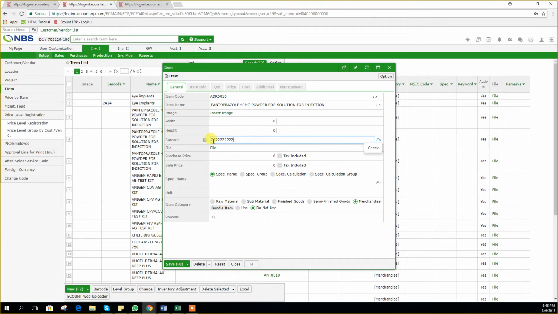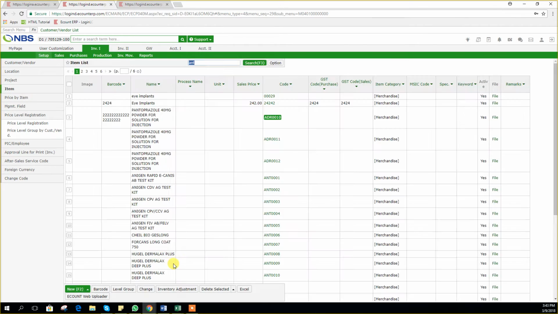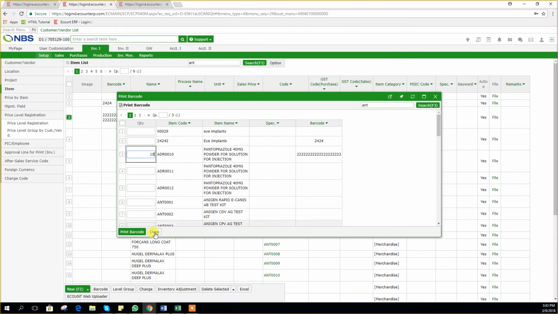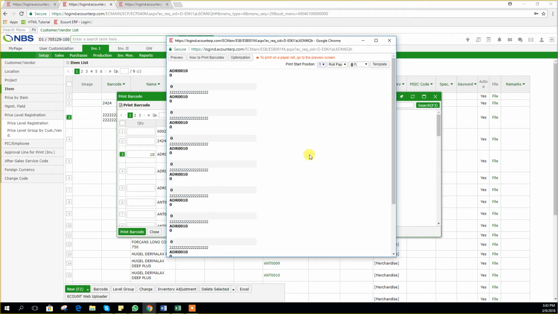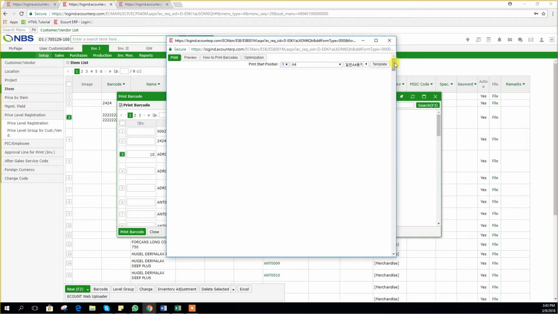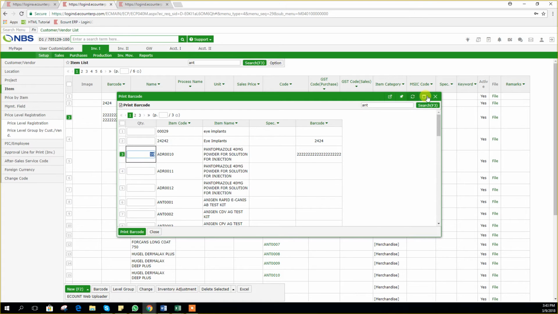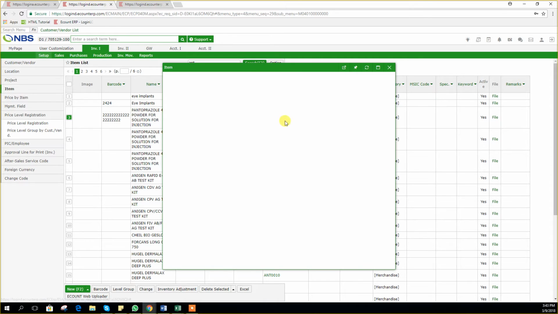If I were to put the barcode function and save this, I can print out the barcode if I just click this, and I can print out as many barcodes as I want. If I want to create 10 barcodes, it will come up as 10 barcodes. Of course, you must select the paper size and everything, and it will come up. Alright, this is printing the barcode. So now you must also,